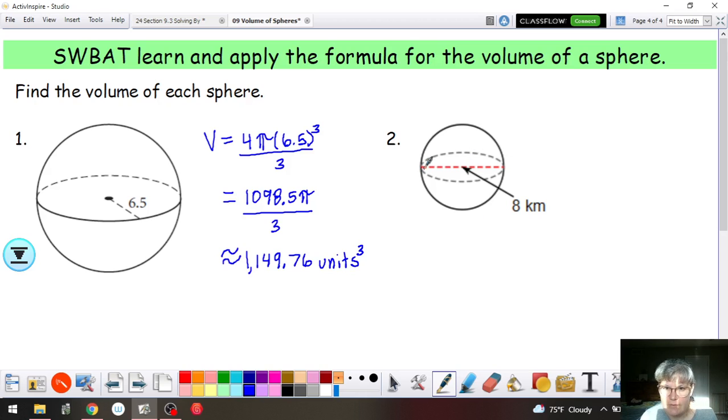For number 2, we have a sphere with a diameter of 8. So to find the radius, you need to take 8 and divide it by 2 to get a radius of 4. So we're going to have 4 pi times 4 cubed divided by 3. Now I notice in my numerator I don't have any multiples of 3, so this will be another one that I approximate to the nearest hundredth. So 4 times 4 cubed is 256 pi